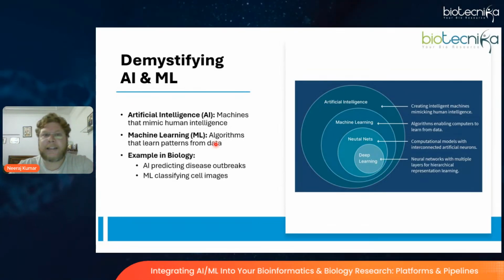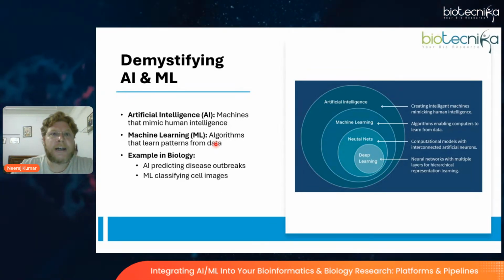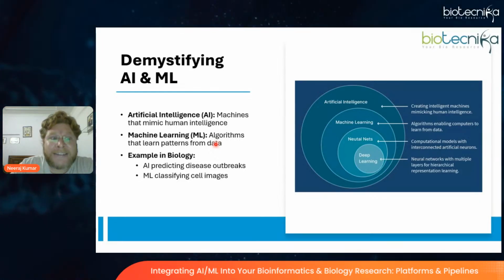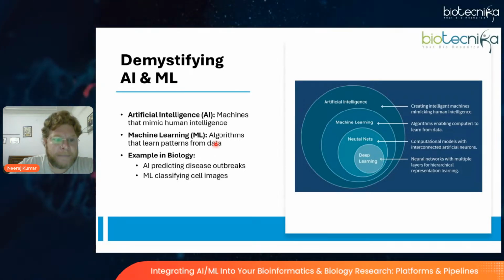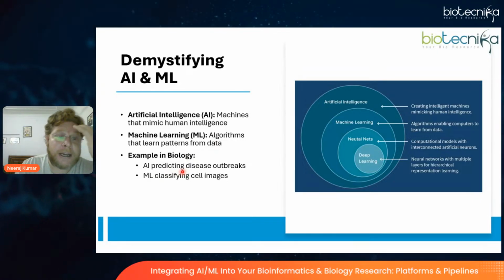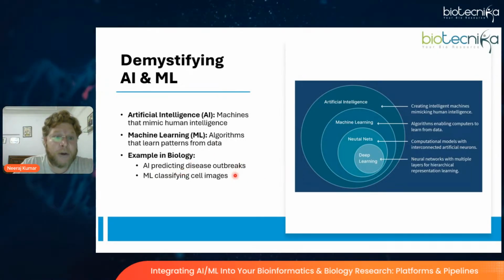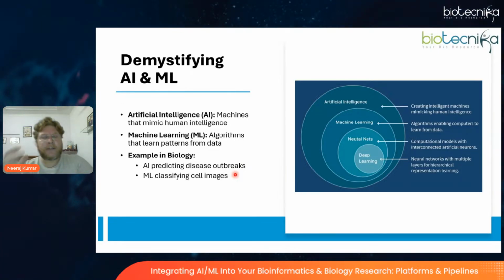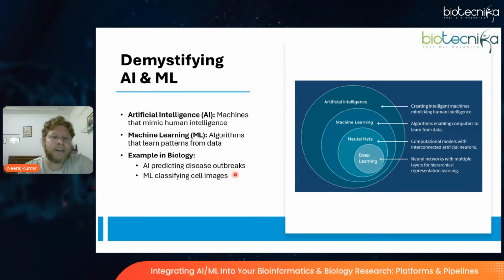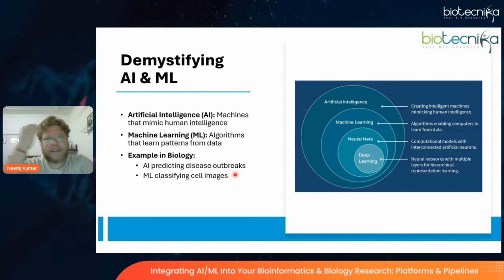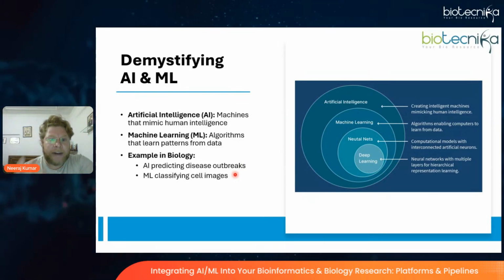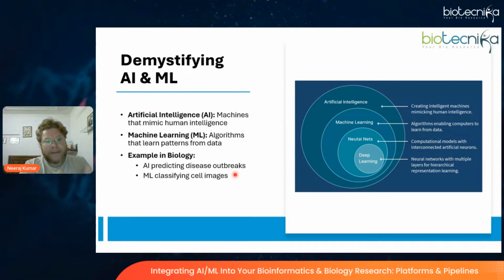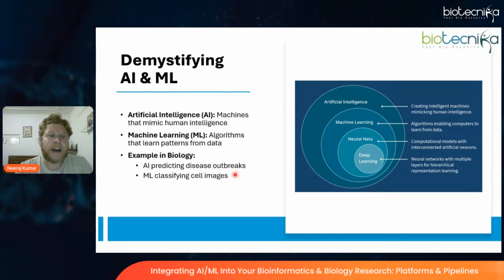Okay, so what are the basic examples of AI as well as ML in biology? If you want to predict a disease outbreak, you just need to have the patients' data, and then you can train your AI algorithm, and on the basis of that it will learn the patterns of the data, and it will try to predict when the trends or the pattern of the data show that a particular disease can break out.